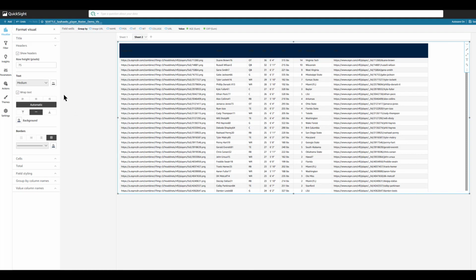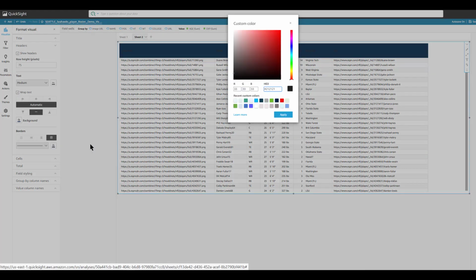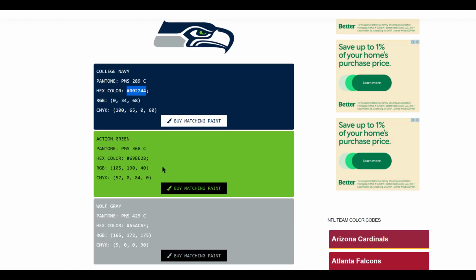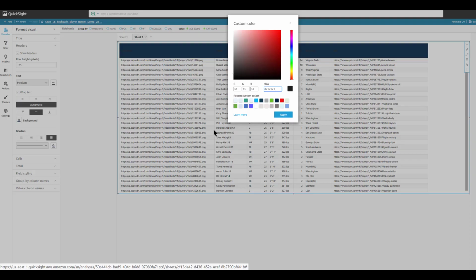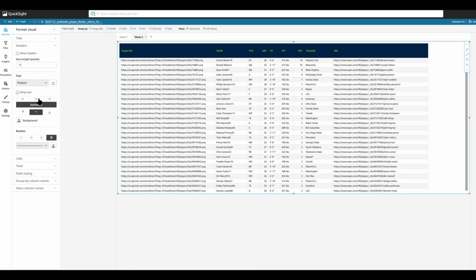To change the font color, choose the ABC icon near the text. To change the size of the font, you can select the text size here.